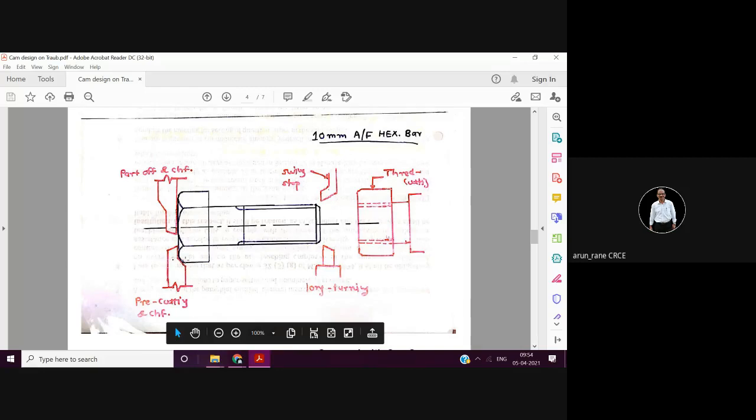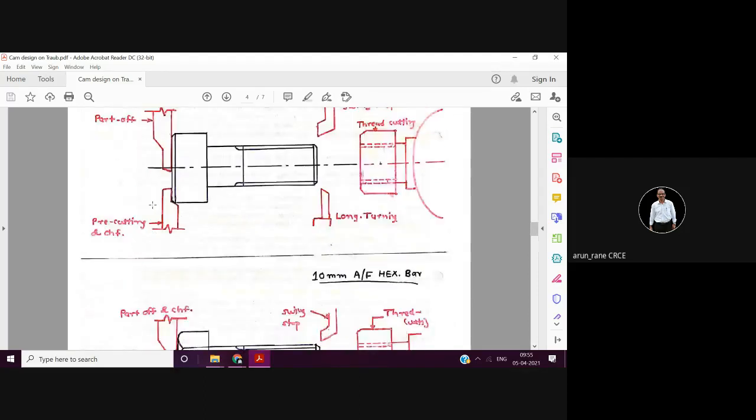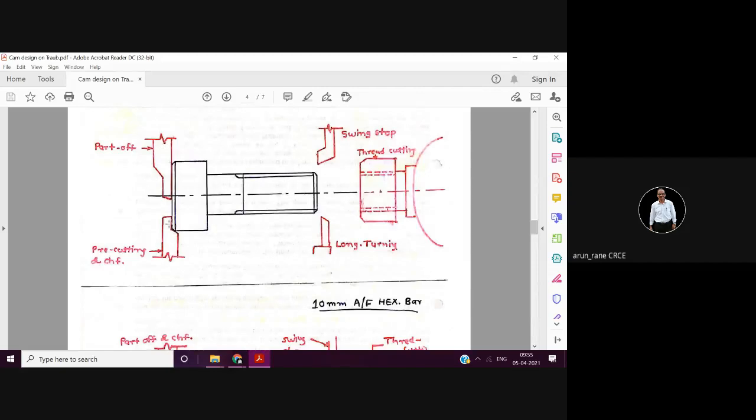देखो ये chamfering, see, I don't know whether you have noticed. See, this tool has been formed like this so that it gives the chamfer on the back side, and this chamfer is for this chamfer. Understand? So this will generate the chamfer on the subsequent workpiece here also. So you have to design the parting tool and pre-cutting tool like this. So this chamfer is for the piece which is being turned, and this chamfer is for the subsequent piece. This chamfer is for the subsequent piece.